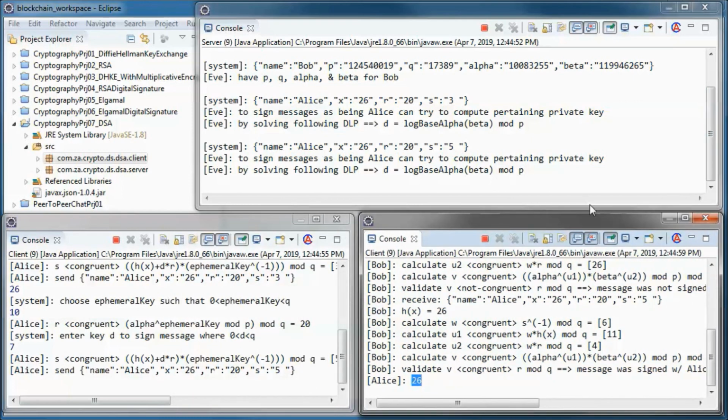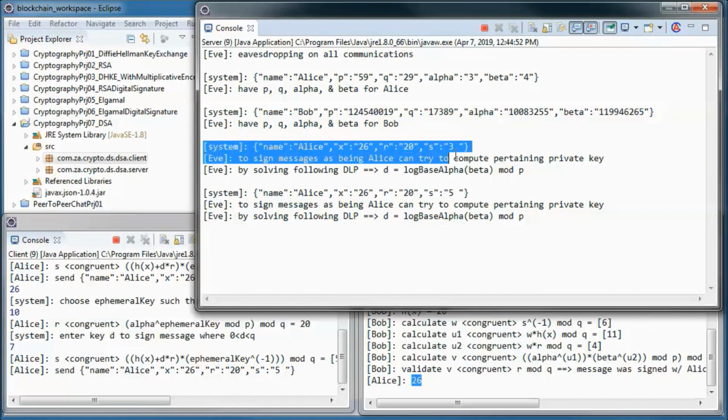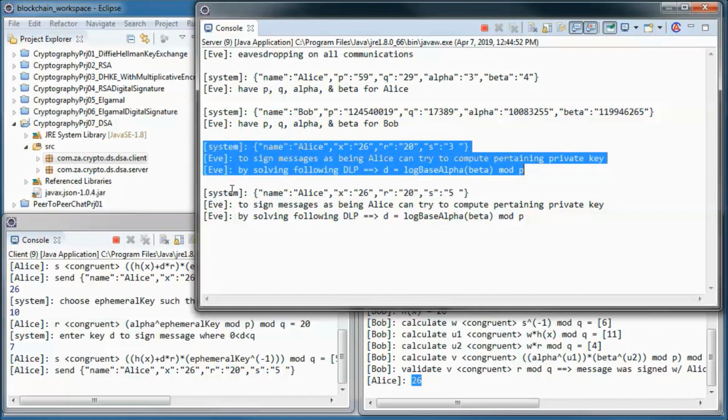And Eve here can see all the communications between Alice and Bob. So now she knows Alice's P, Q, alpha, and beta, and Bob's P, Q, alpha, and beta, and she can see the two messages sent from Alice to Bob.